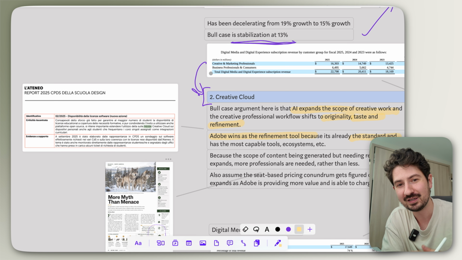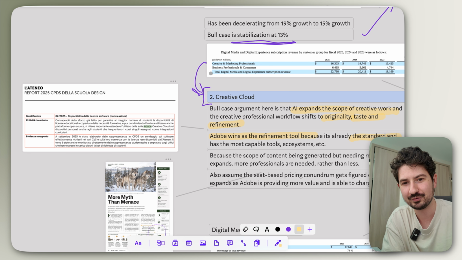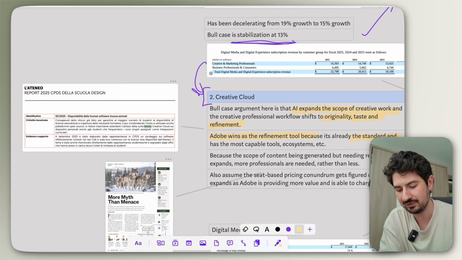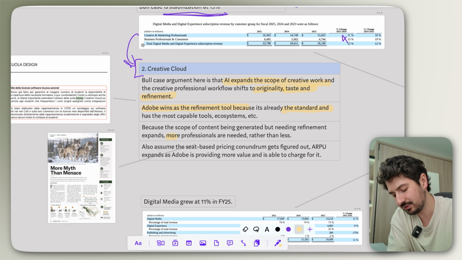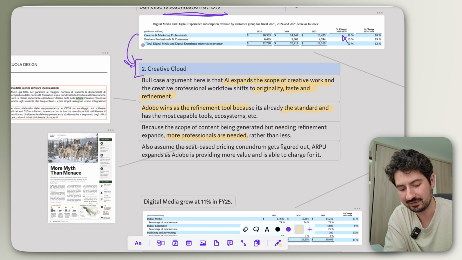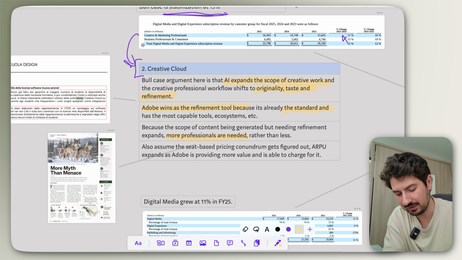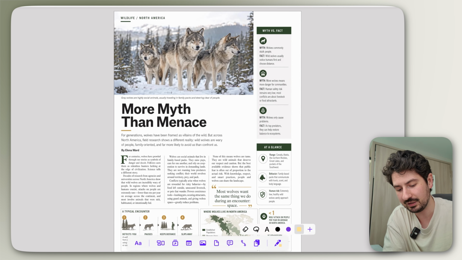It's not enough to just have open source tools or other tools. Those need to be supplementary to Adobe products. And then because professionals are still needed, but there's so much more content being created, we actually need more professionals rather than less. We're going to be able to use AI to generate something like this, which was created by